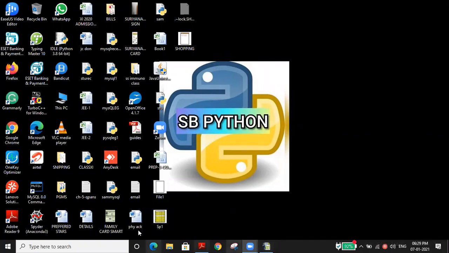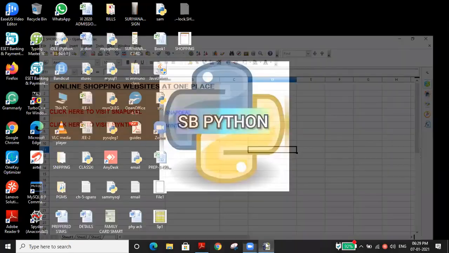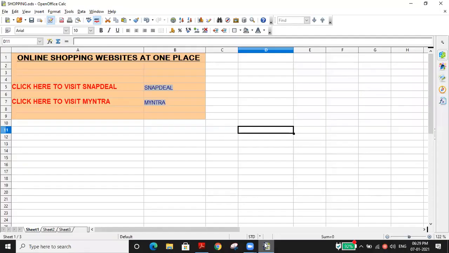Any other content from a different location on our computer, if you make everything a hyperlink, our work will be very easy. We need not remember where we stored the file. Suppose we stored it in D colon or E colon, after some days we may forget. But if you created this type of hyperlink, it's very easy for our remembrance.